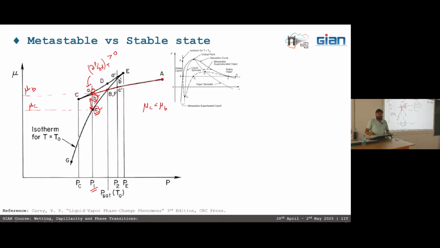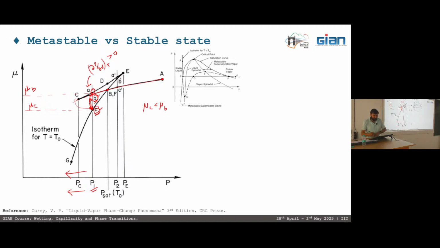Still, the transition will not occur unless we give enough perturbations so that the energy is sufficient for the state to reach from point B to point C. That usually occurs if we reduce the pressure further below the PC value, because below PC we don't have any metastable state. So then the transition will occur to point C. If the perturbations are not enough, in a real system this transition doesn't occur, but we have to reduce the pressure below PC. Only in that case can the transition occur.